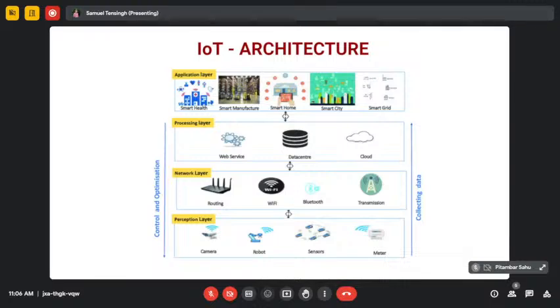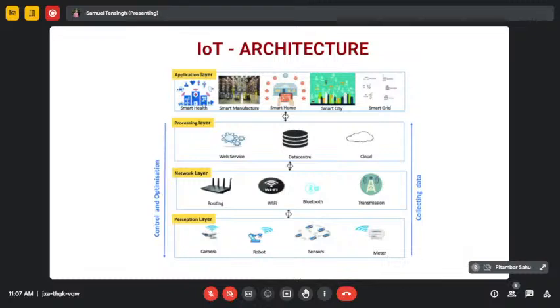So this is the perception layer, and then you have the network layer, where you have routers, Wi-Fi modules, Bluetooth devices, transmission devices, and so on. Then you have processing layer, where the data has been stored and processed, which is the data centers, cloud, web service devices, and finally you have the application layer. So you can see that data is being collected in the perception layer, and then it is transported through the network layer. It is stored in the processing layer, the cloud, and it is processed, and then it is moved to the application layer, which is your smart homes, smart health, smart manufacturing systems, smart cities, smart grids, and so on. So this is how the IoT architecture is quite interesting, where you have both electronic hardware components as well as the